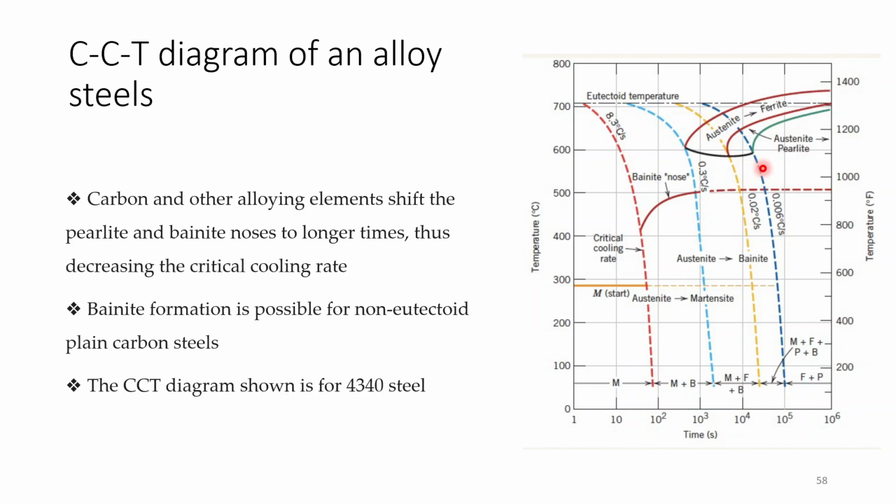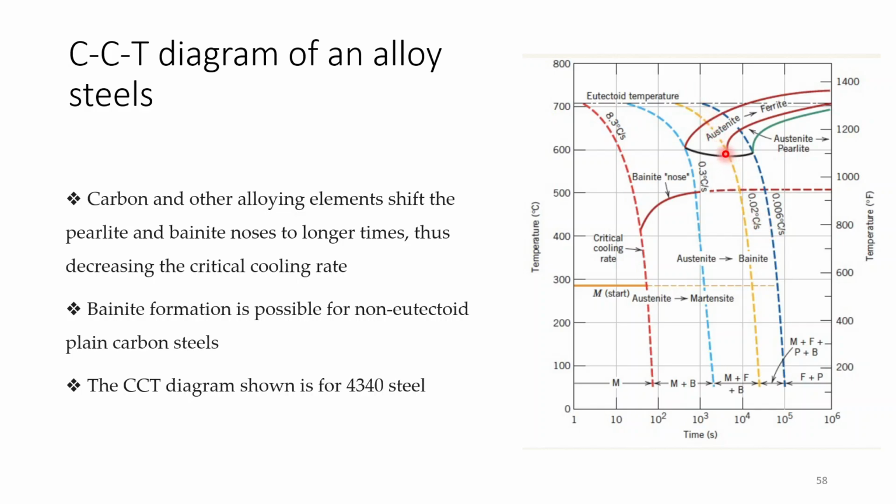Okay, so the slowest cooling curve is the dark blue one, at 0.006 degrees Celsius per second. So it is near full annealing type of cooling. As you use this cooling rate, you get a structure which will have both ferrite and pearlite. Okay, so if you cool faster than this, at 0.02 degrees Celsius per second, then you are coming from